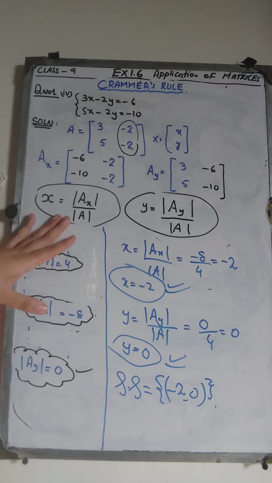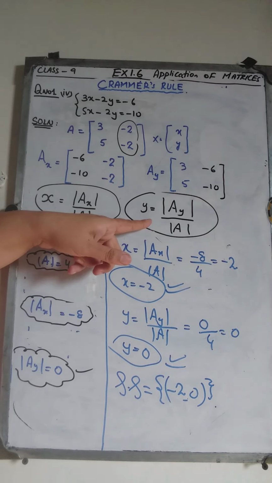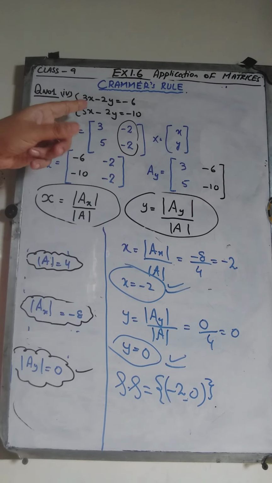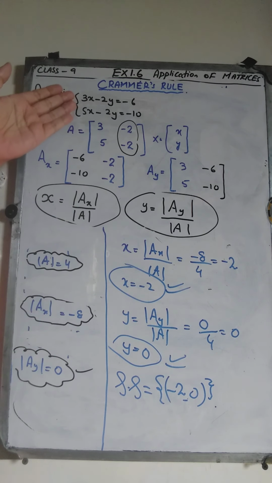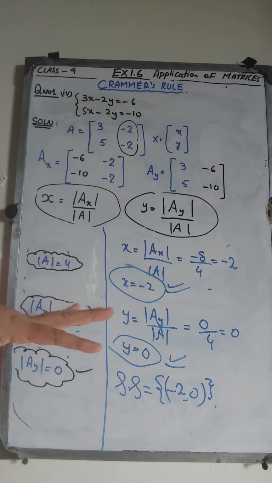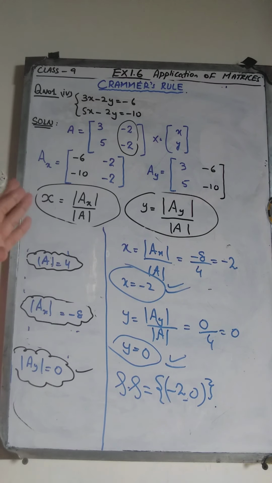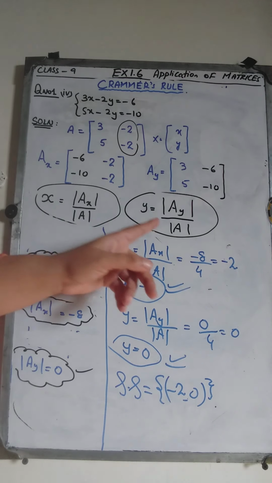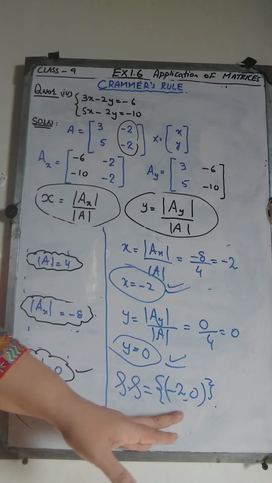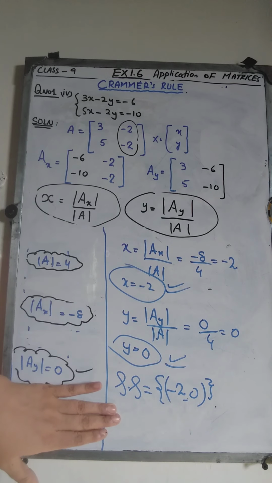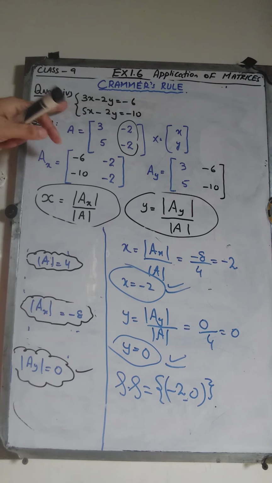Okay. So this is Cramer's rule. Cramer's rule, and it's very easy to find these formulas. You can easily derive it by taking some general form of a linear system of equations and solving it by the inverse method that we did in the previous lecture. But you don't need to go into those details. Just write down these formulas and find the three determinants that are needed in these formulas and put in the values of those to get to the answer. So this is how we find the solution set for this linear system.